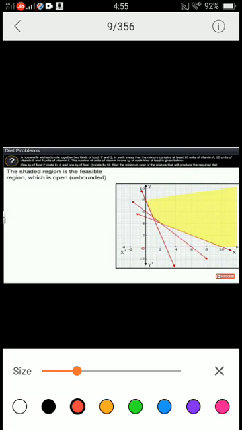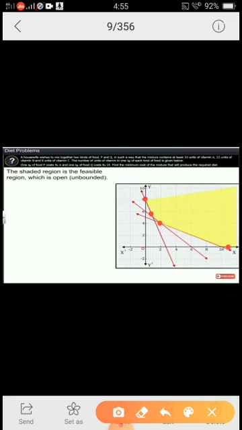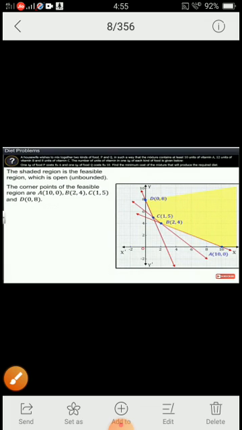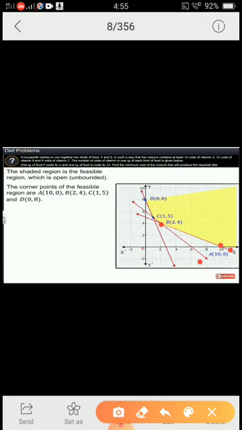Okay, so I'll be having the corner points 1, 2, 3 and 4. Clear? So my corner points: I have marked it as A, it is (10, 0). B is (2, 4). B (2, 4) should be calculated by using the two equations, this and this equation, which I have to solve to get the point of intersection. Okay, the next point C, it is (1, 5).